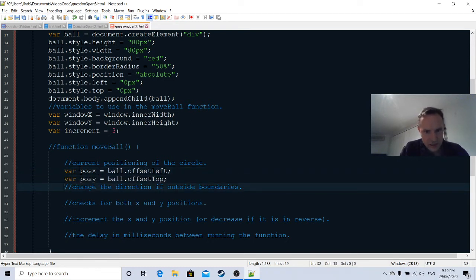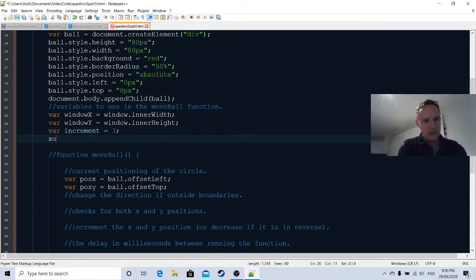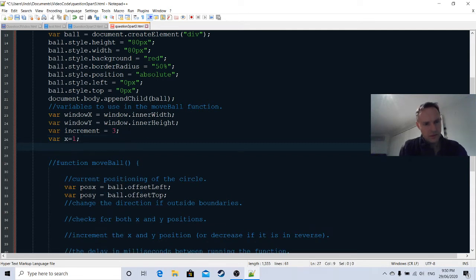The current positioning of the circle, change the direction if outside the boundaries. Yeah, okay. All right, so in order to change the direction, what we'll need to do is negate the increment. So instead of saying 3, we'll say -3. And to actually change it, I'll just put in a variable, call it X and Y, just if we want to change the, well, I don't think I really need to put one for Y. If we just need something to negate the,